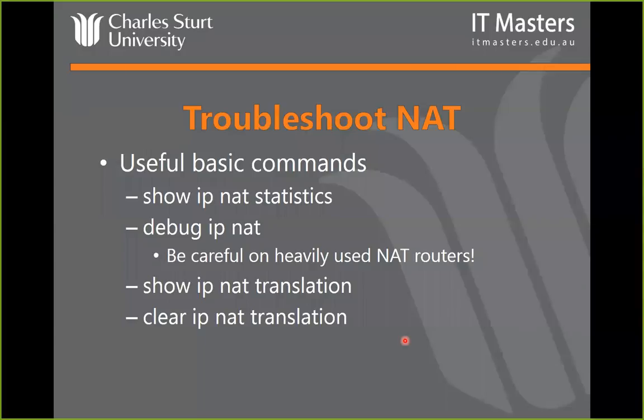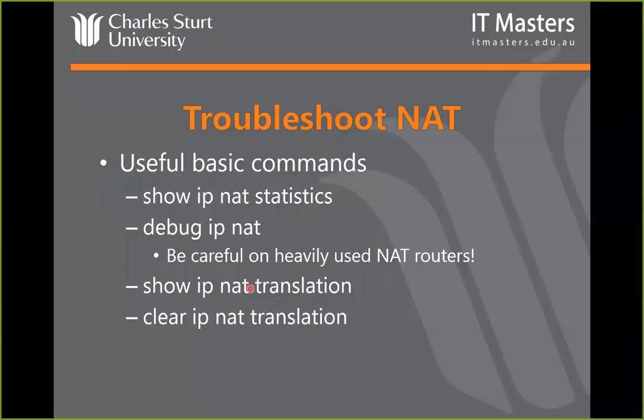So say, for instance, you might have a single host that says, I can't get to the internet. I don't know what's going on. You would create an access list that might only look at that particular host and apply that with debug IP NAT, and then you would be able to determine perhaps if there was a NAT issue with that specific host. But certainly don't use it for any more than just a handful of hosts at most. Any more than that, you could potentially bring your router to a grinding halt.